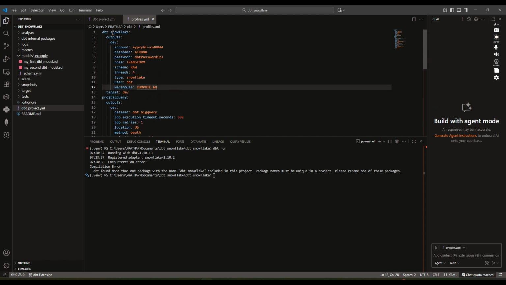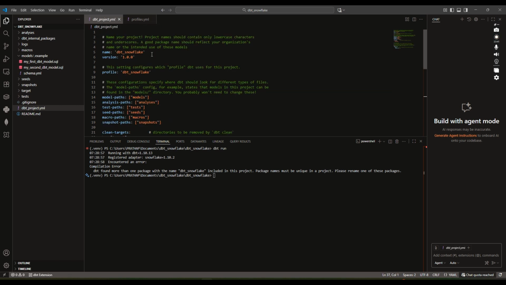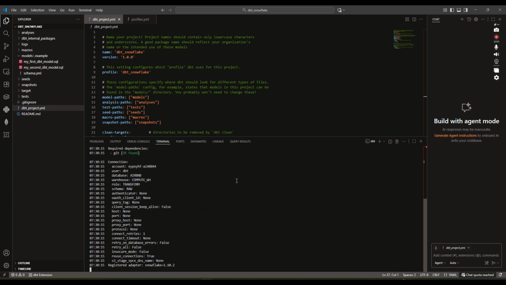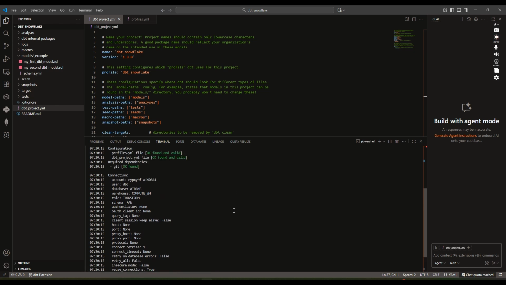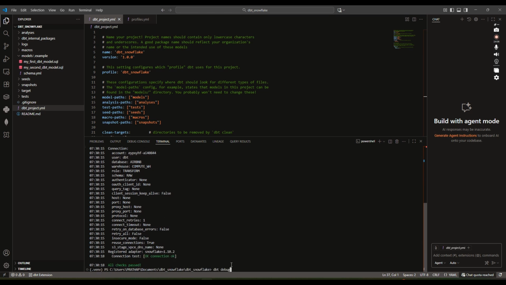There is only one profile, dbt_snowflake, right? Debug connection means it is able to figure out the profile and connect to that profile using the credentials which we have provided. But when we run the job,